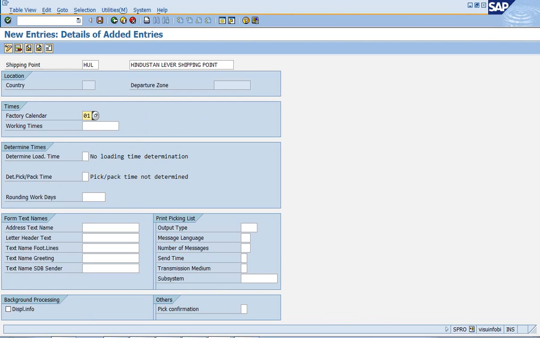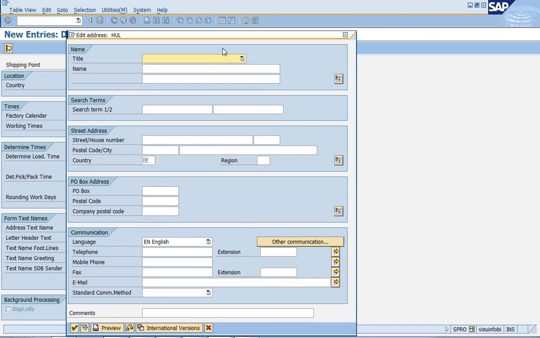And if you're having any working timing for your shipping point, you can maintain that time over here. Otherwise, you can leave it blank. If you want to maintain any kind of address for your shipping point, press on this address tab and maintain the address for that shipping point.